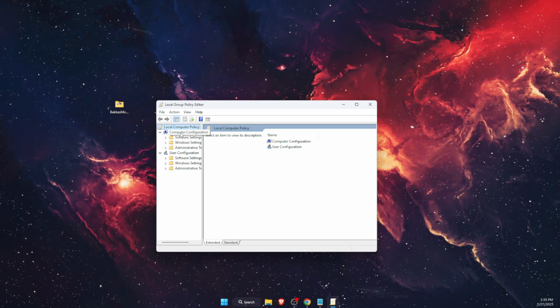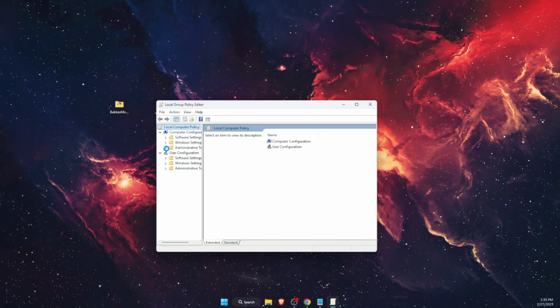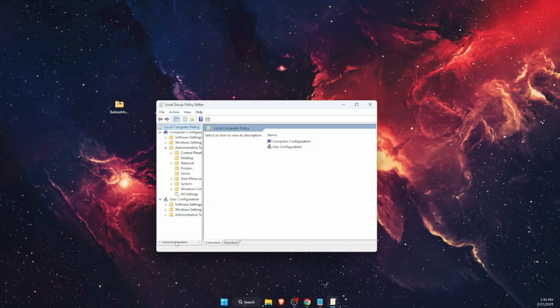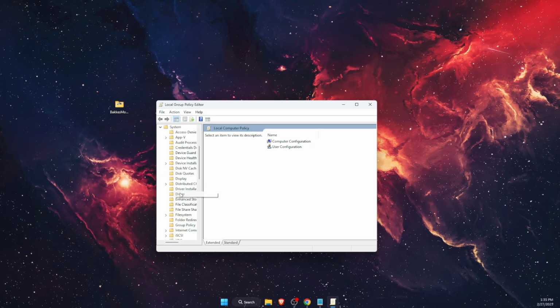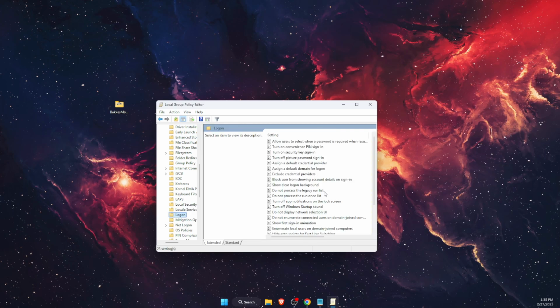configuration. Then you want to choose admin templates. And on the admin templates, you want to go ahead and choose system. So it is right there. And on system, you want to find log on. Here it is. And on log on, you will need to go ahead and find